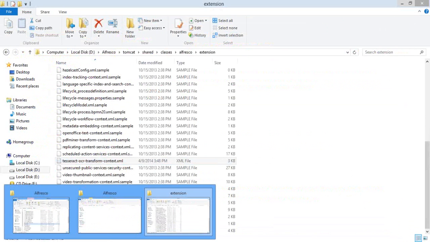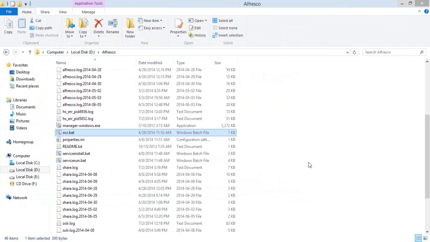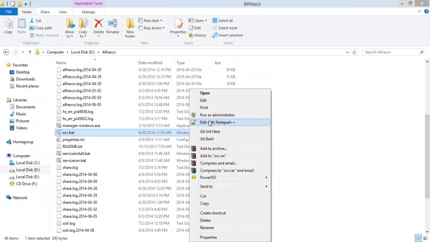Now we need to put our trigger file, the trigger for Tesseract. Here I wrote one bash script. Basically, Tesseract works very smoothly on a Linux machine.